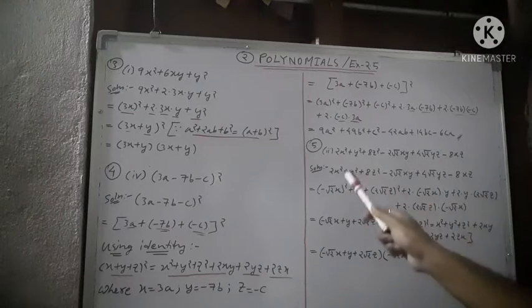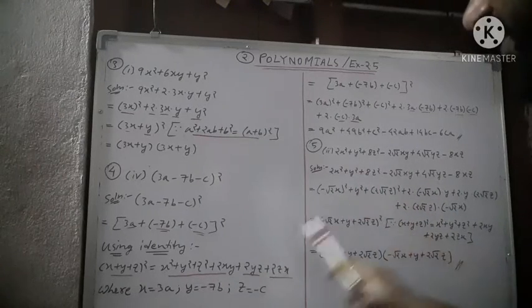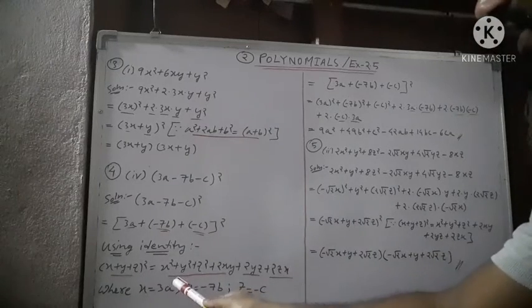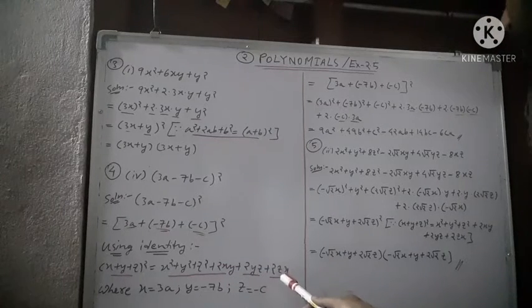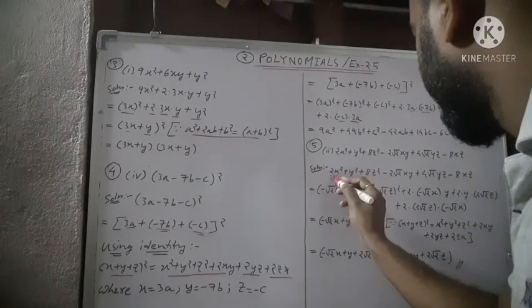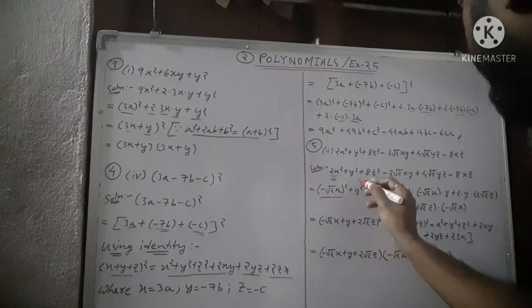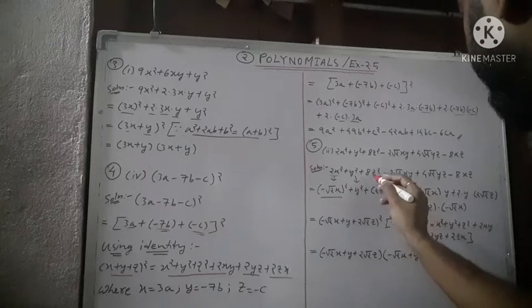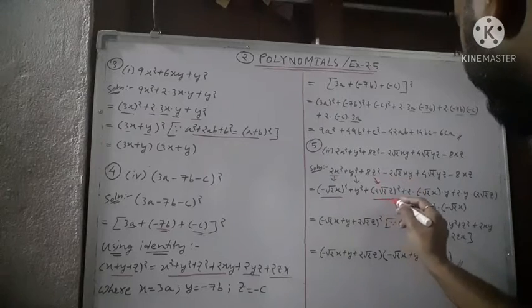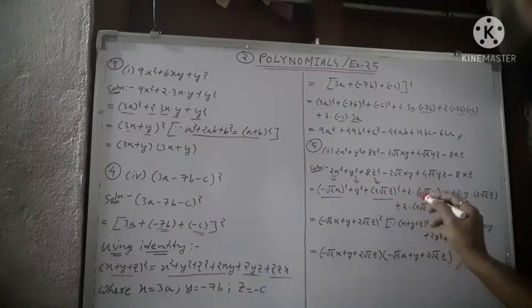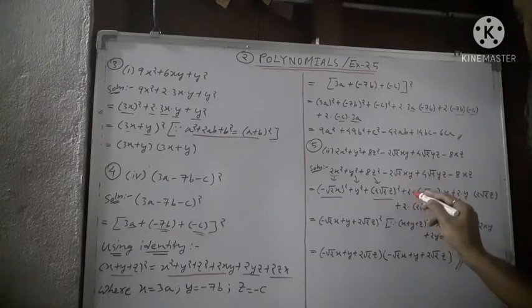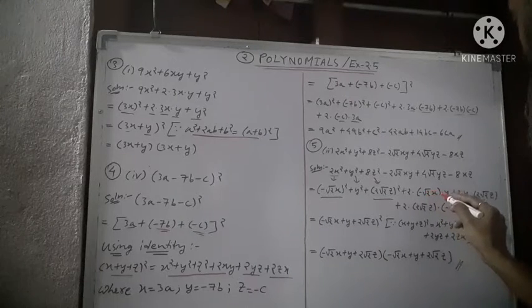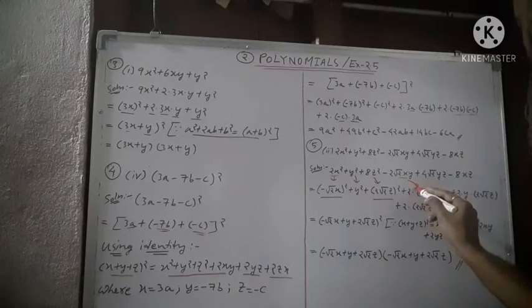So if we expand this, again in this case we will be using this identity, that is (x + y + z) whole square is equal to x square plus y square plus z square plus 2xy plus 2yz plus 2zx. So therefore in place of 2x square, we can write (minus root 2 x) whole square. So y square remains as it is. In place of 8z square we can write (2 root 2 z) whole square. Again, this minus 2 root 2 xy, we can write like this: plus 2 dot within bracket minus root 2 x dot y. So this one goes like this.